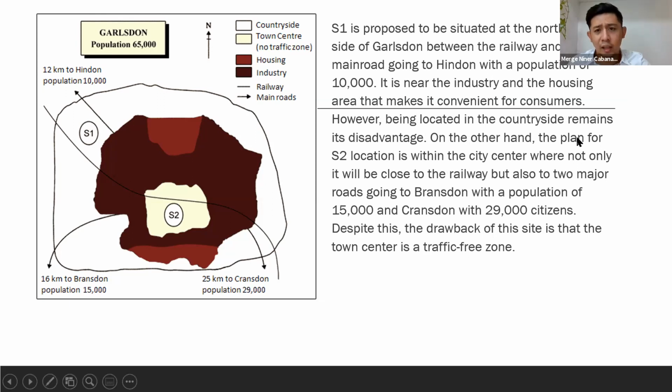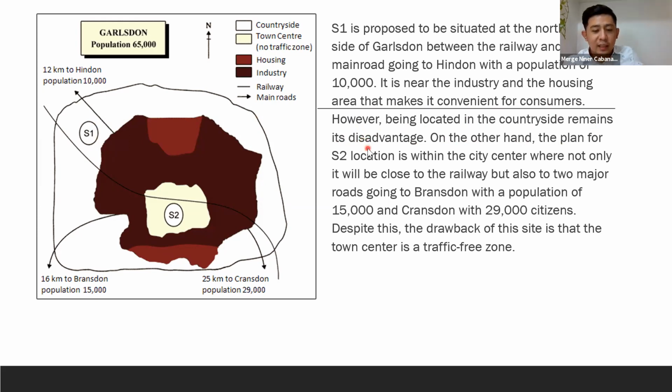S1 is proposed to be situated at the northwestern side of Garlsden. Where's the northwest? Here. Okay, between the railway and the main road. So here's the railway and the main road going to where? Going to Hindon with a population of 10,000. It is near the industry. So yung tinuro ko sa inyo na it's convenient, it is within easy reach of, it is convenient for, ayan na. That makes it convenient for consumers. However, being located in the countryside, ito nga, sabi ng countryside, sa maliblib na lugar,